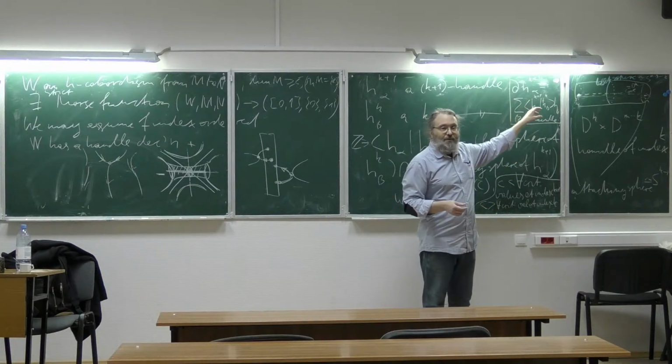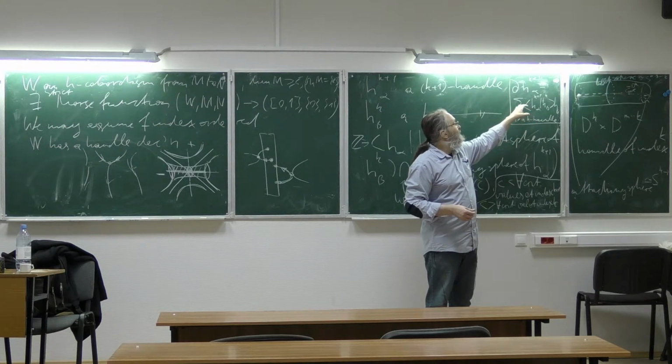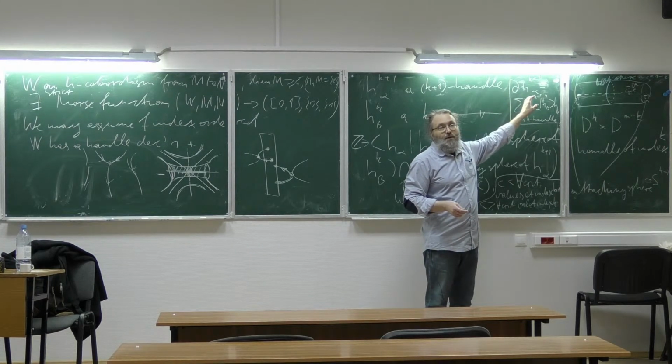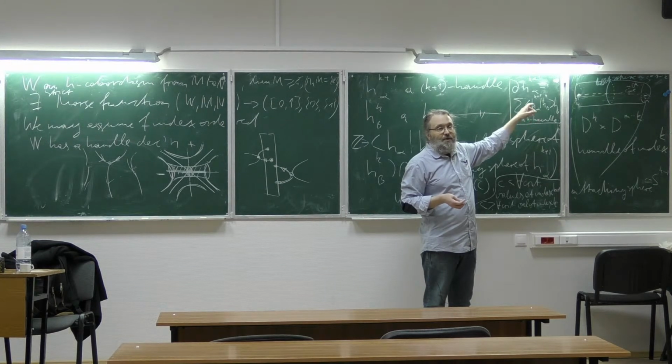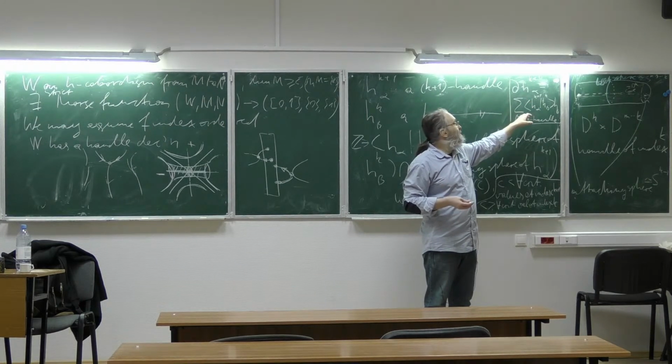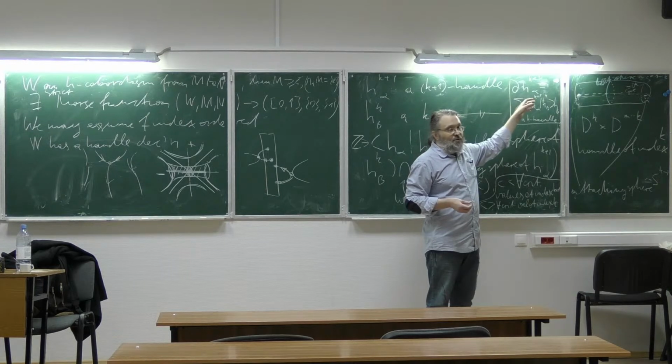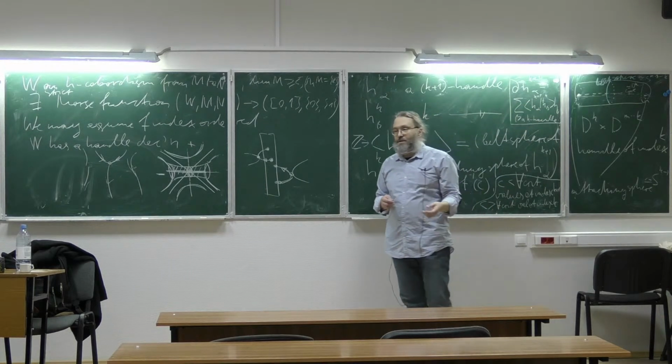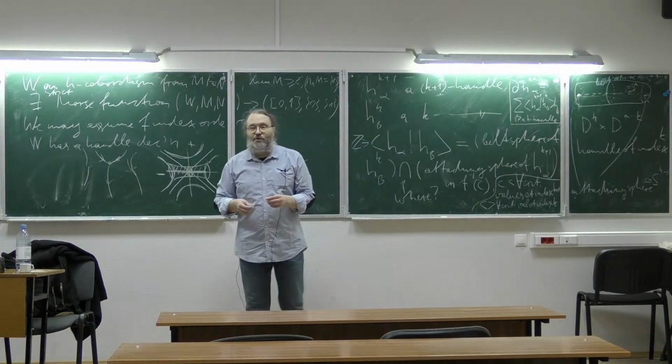It's not a massively difficult result that with this differential, first of all, this is a differential. It squares to 0. Second of all, the homology of the resulting complex is the same as the homology of